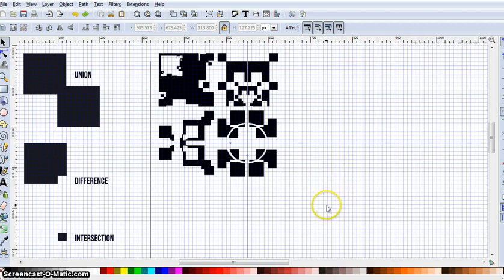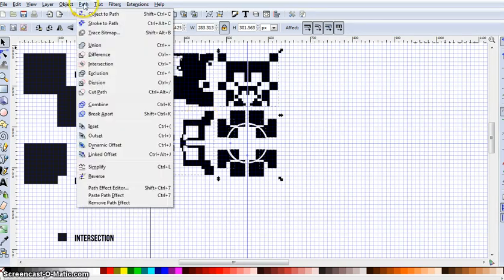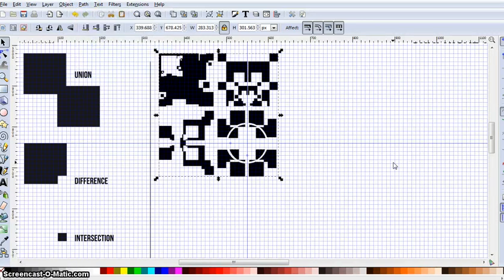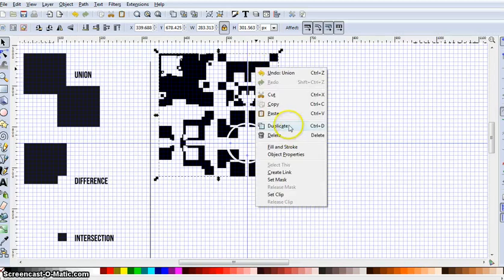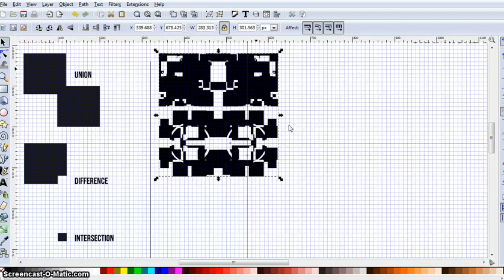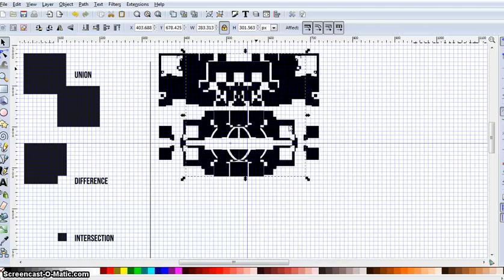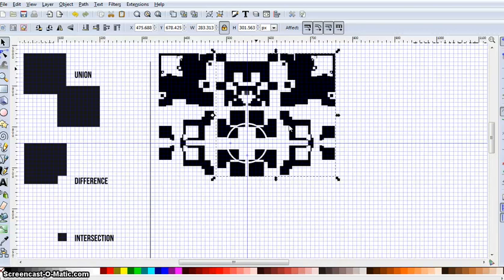But now, in terms of finishing this off, I think the best thing to do is to unionize all of this, and we'll actually duplicate this on a larger scale. So I'm going to right click and duplicate this, so I've got a second version, and then I'm going to hit H on my keyboard, and nudge this along with the right arrow on my keypad and ensure that it is in line with the middle